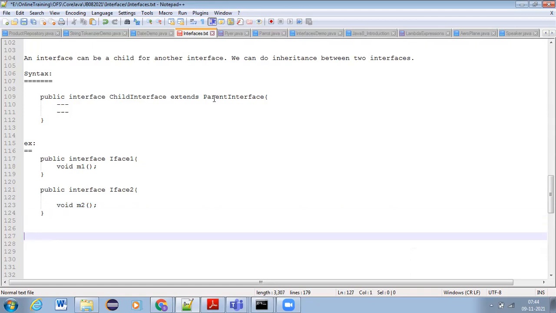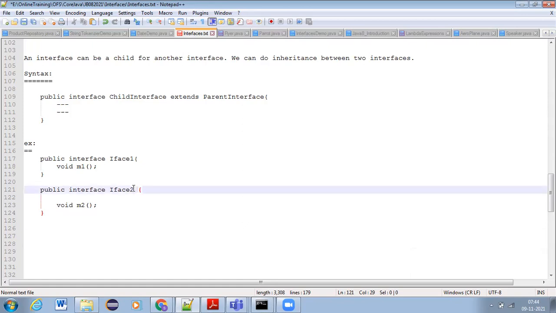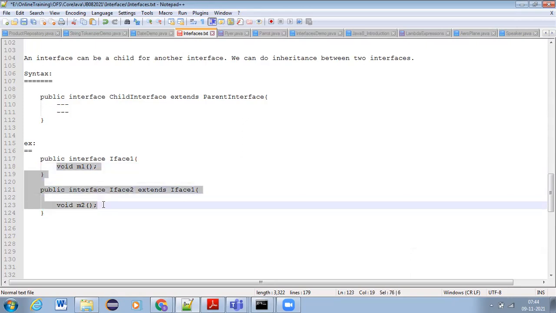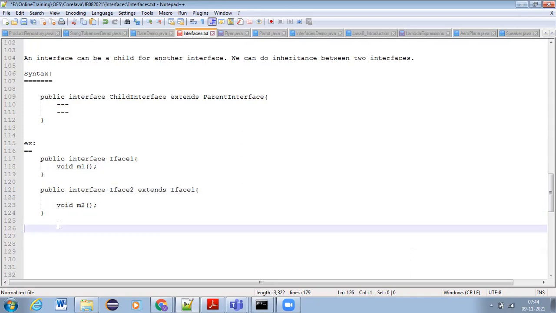Now if I write two different interfaces like this, but I want to make interface 2 the child interface for IFS 1, what I can write here is extends IFS 1. Now whenever we are writing a child class for interface 2, it is compulsory to override both of these two methods, m1 and m2.